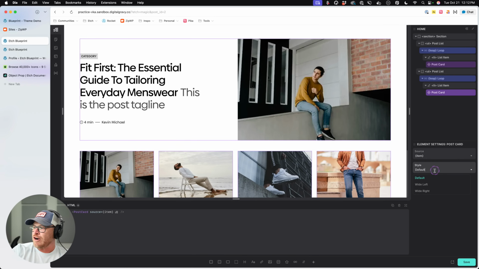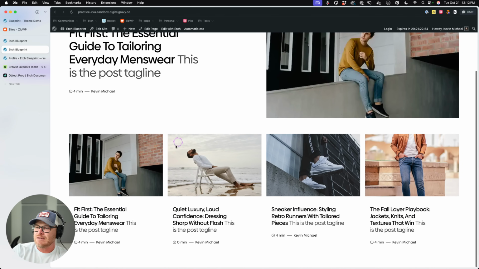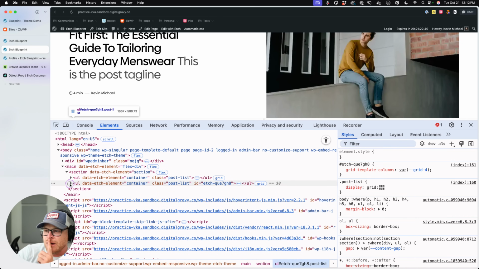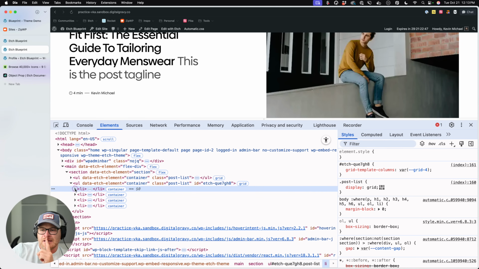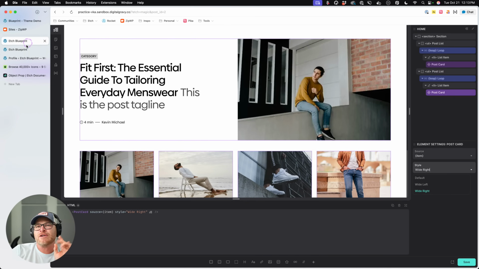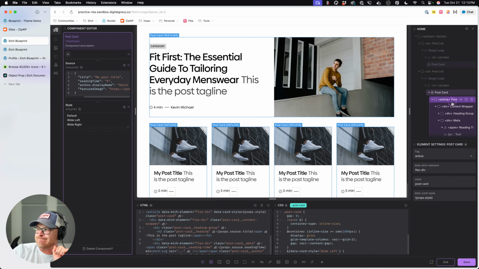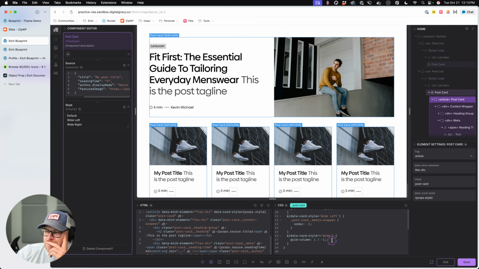Here's our postcard, wide right. Well, that didn't do anything on here, so it's not very promising. Wide right, okay. UL, okay. LI container. Oh, I'm thinking, okay, hold on. It's not the card. It's not the card that needs to do it. It's the list item. It's a little complication. So if the data card style is wide,